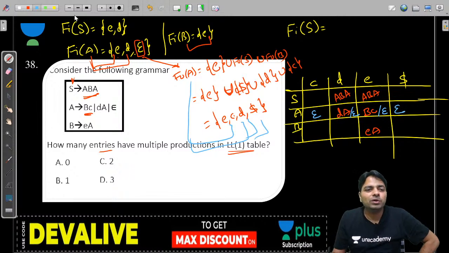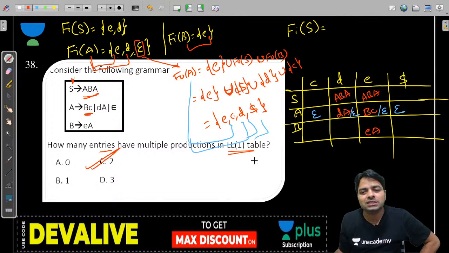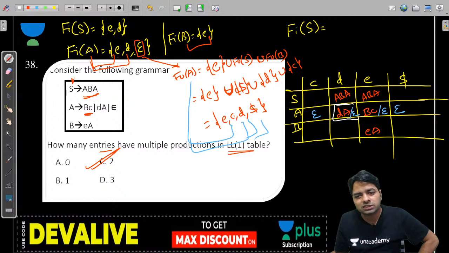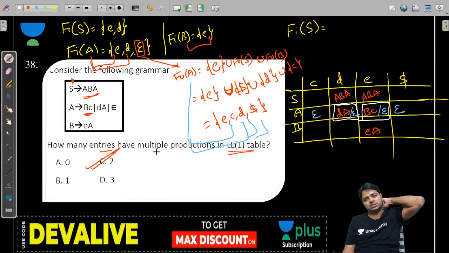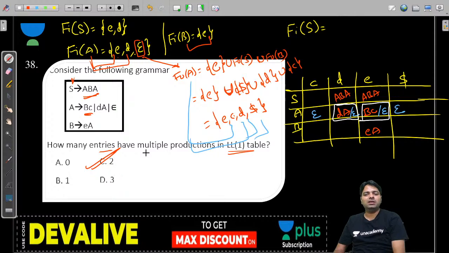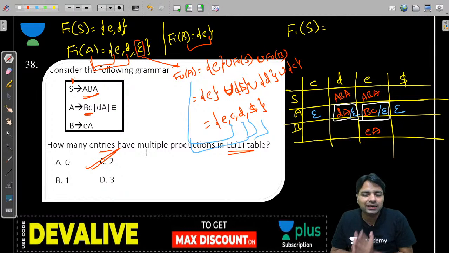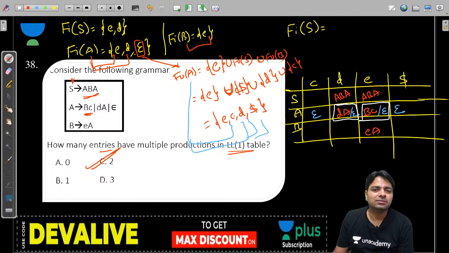$, epsilon. So if you look at the whole table, there are two entries where you have multiple productions. Yes. How many entries have multiple productions? Yeah, there are 2 entries in the table. They have more than 1 production. Yes. Blank indicates error. Yeah. But not error. It's during parsing it is error, not now. It is a valid entry now. Error is also a valid entry in the previous question, guys. Okay, 2 is the right answer.